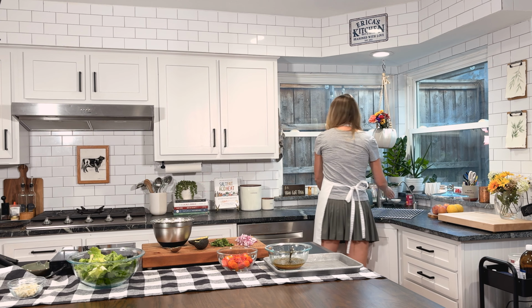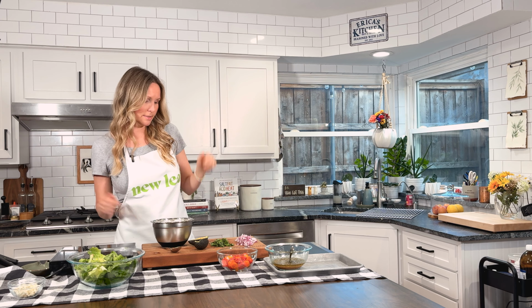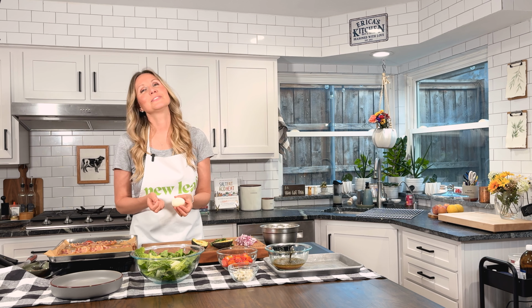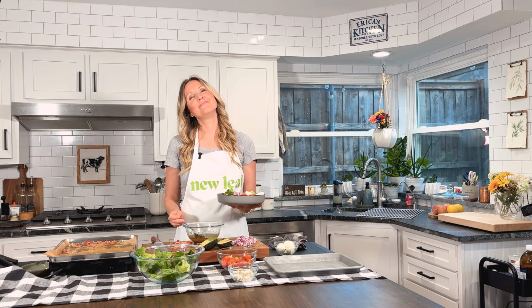Okay, my water is boiling, so now I'm going to take a slotted spoon and lower. I had to hiccup. I love it when I have boiling water to pour in the sink because I'm like, sterilizing my sink. Okay, now that it's peeled, I like to run it under some running water real quick just to get the excess pieces of shell. And don't forget to add your zesty